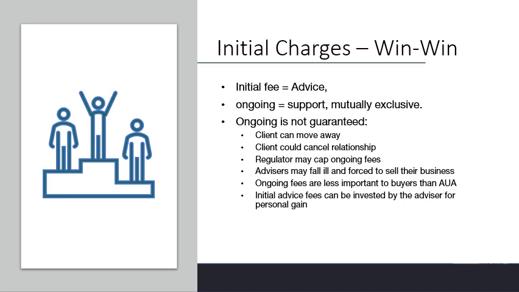The first thing I would say, which is an additional consideration, is that your initial fee is for advice. It's at the start, initial with initial. And I is in initial, it's the first letter, and it's for you, it's I. It's my charge for my benefit right now as we do this advice. The ongoing fee should be mutually exclusive, completely separate to the advice arm.